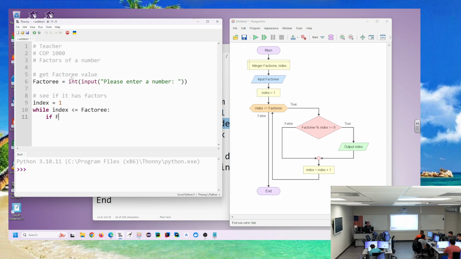If factory mod index is 0, print f factor of f is